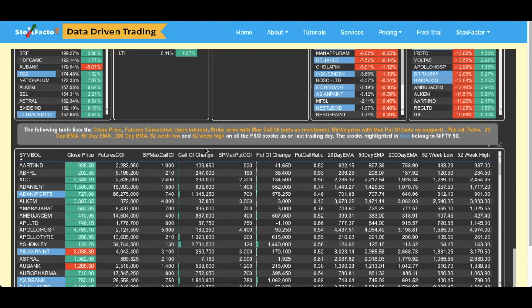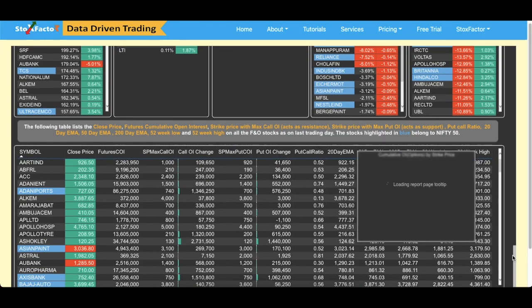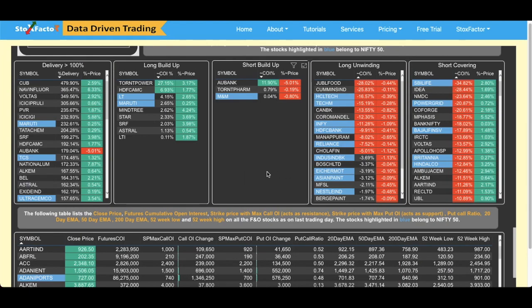If it is a positive number, it means call writing has been done, same with put. And if it is a negative number, it means call unwinding has been done, and put unwinding. So this will give you a clear picture in the daily summary page itself about the futures and open interest. The above 4 tables give you the idea about future derivative positions. And if you filter down on any stock, you can click on any stock and this table will get filtered. And here you now get the data for the options as well, apart from the other related indicators. So you can understand what really happened on that particular stock in terms of cash market data, futures data, as well as options data.